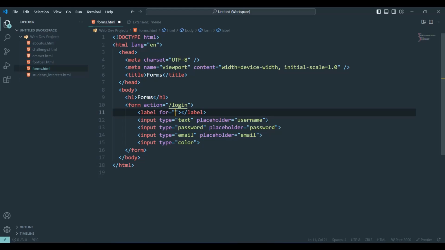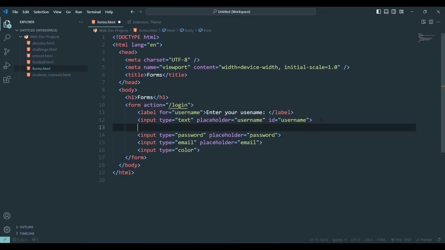Let's give it the ID username, and we're gonna say enter your username. So we have a label for the input that is defined below, which has the ID username.